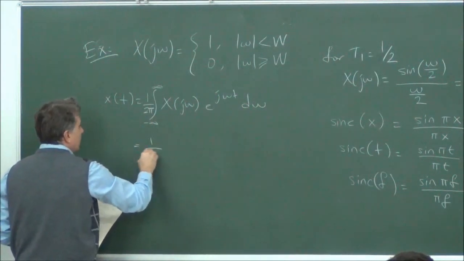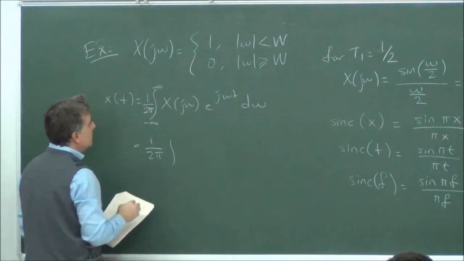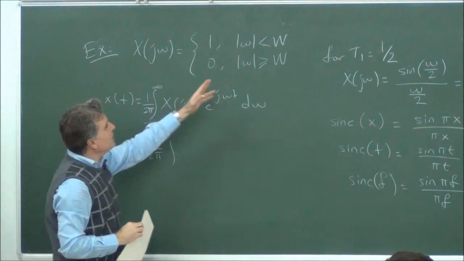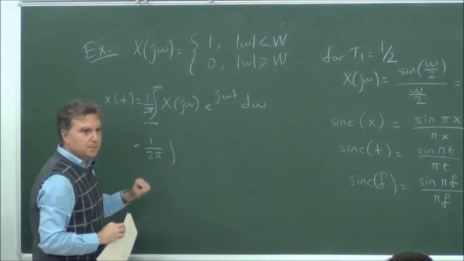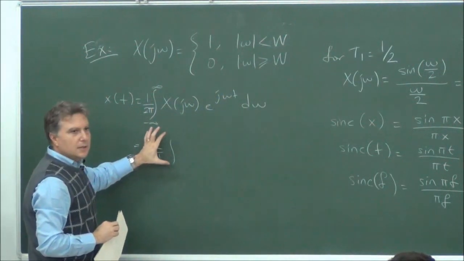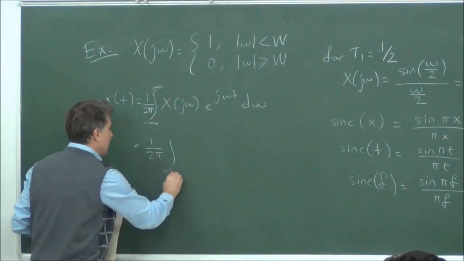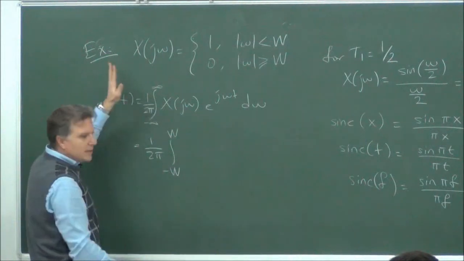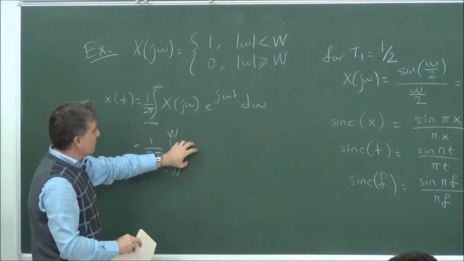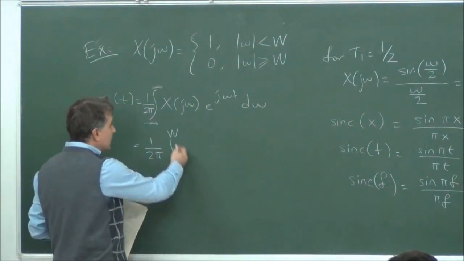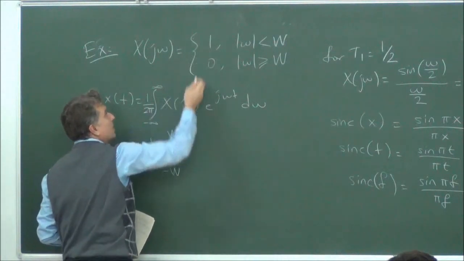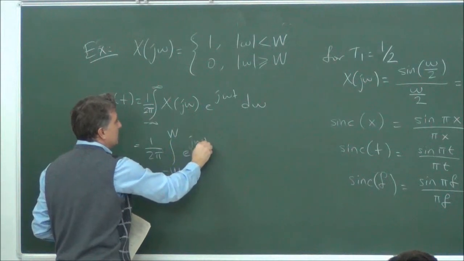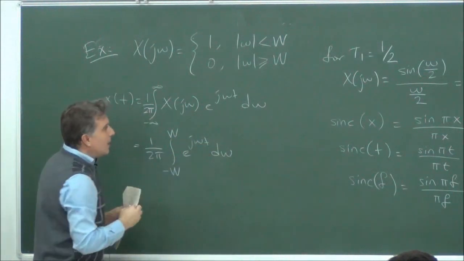Now, this integration, because of the definition of x of j omega to exist only between minus w and plus w, forces this integration limits to start from minus w and end at plus w, because beyond these boundaries it is all zeros. X of j omega is all zeros, and within these boundaries x of j omega is 1, nothing. So we have 1 times e to the j omega t d omega, and this integral,